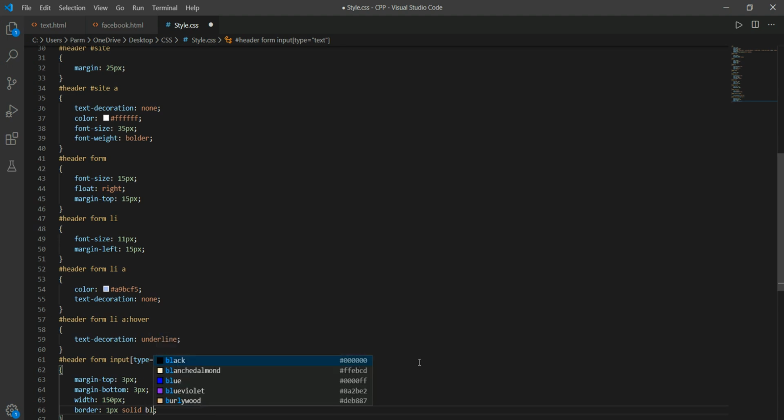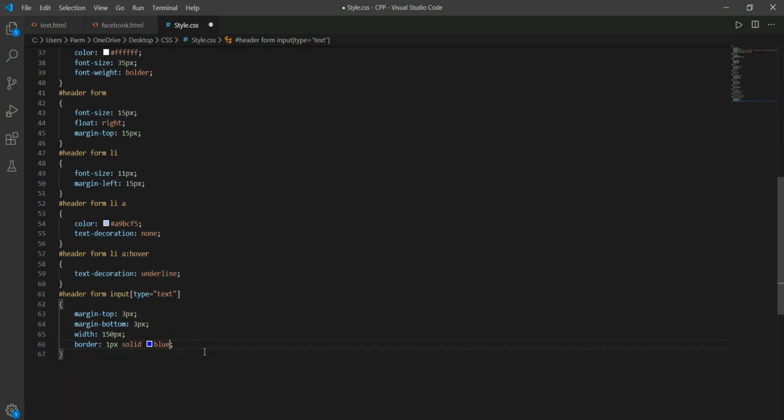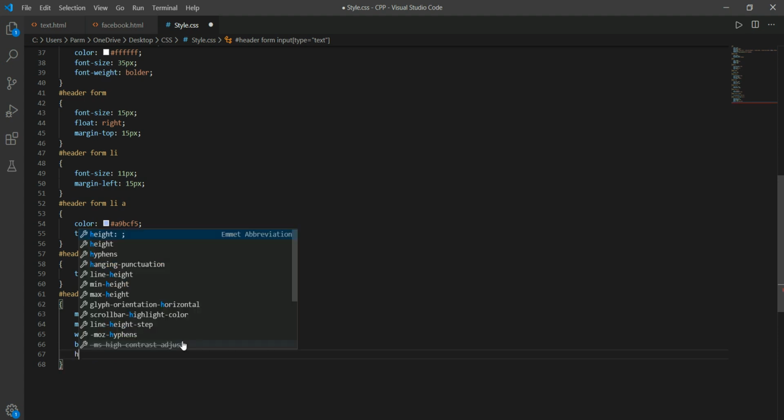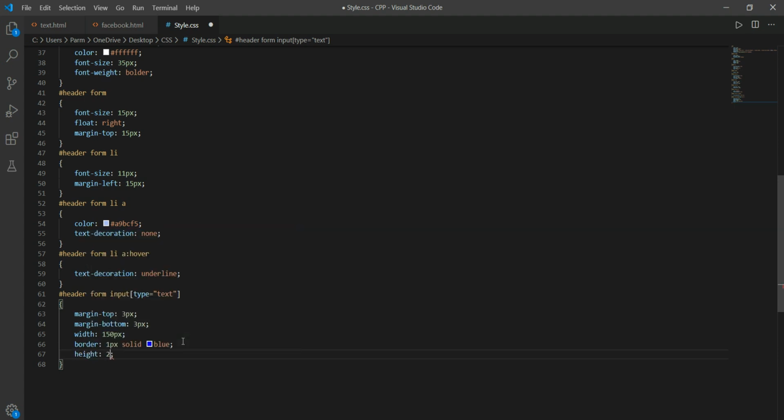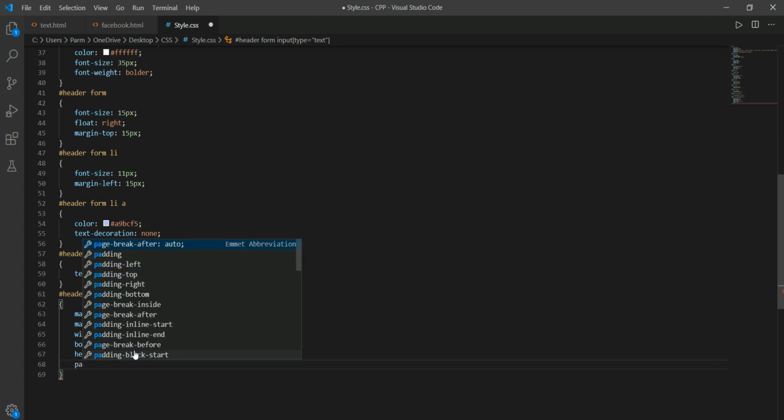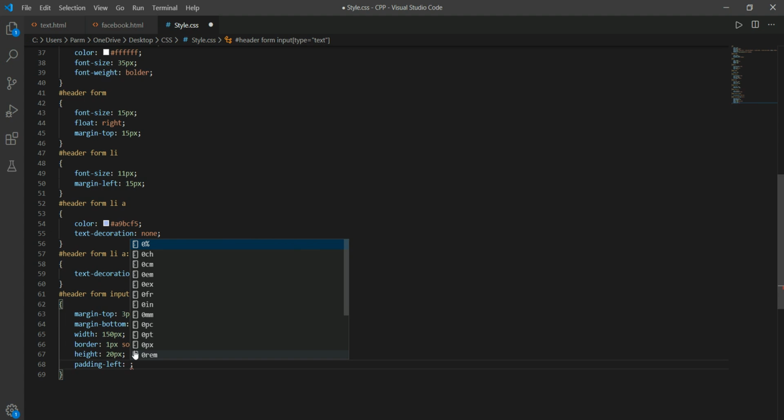Okay, blue, and to this I have to give certain height. So height to this input box I'm giving around 20 pixel. And padding left, I just want to give padding left of 3 pixel, and here I have to specify its background color.